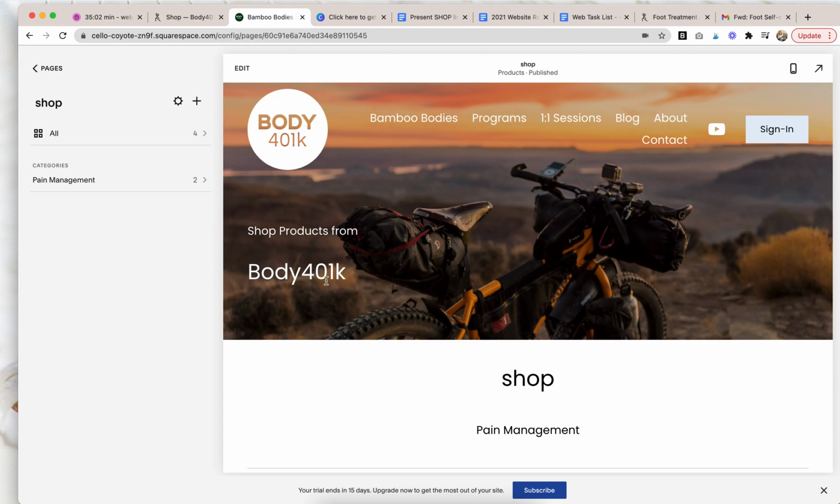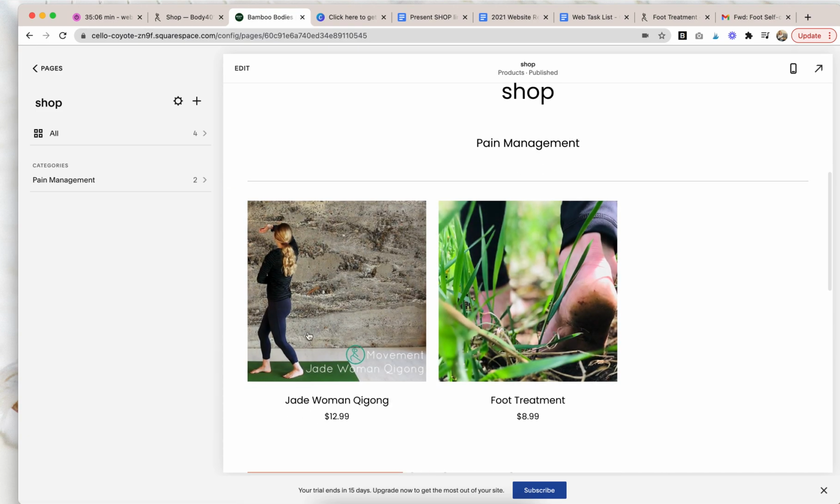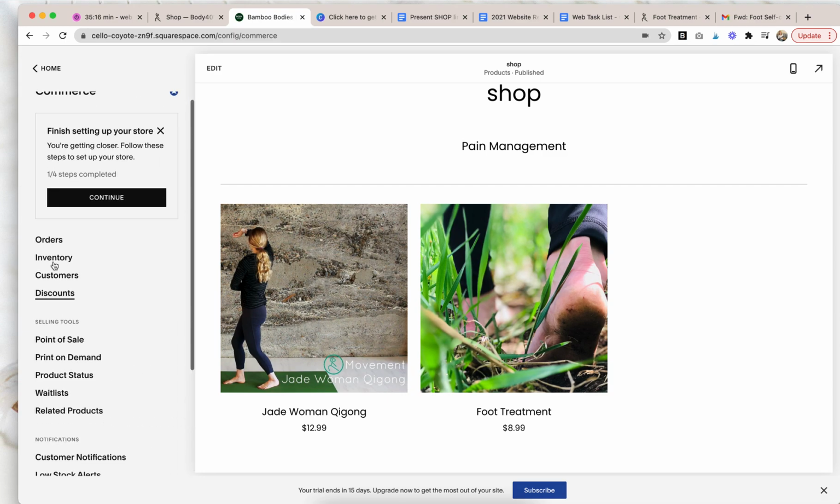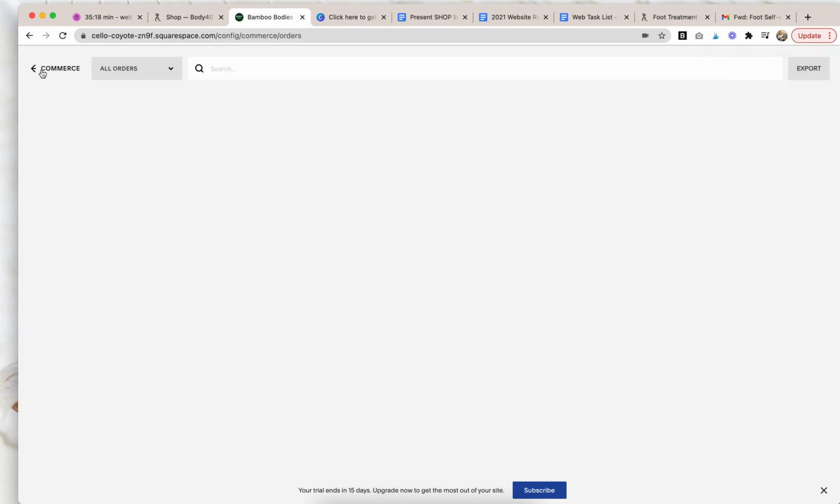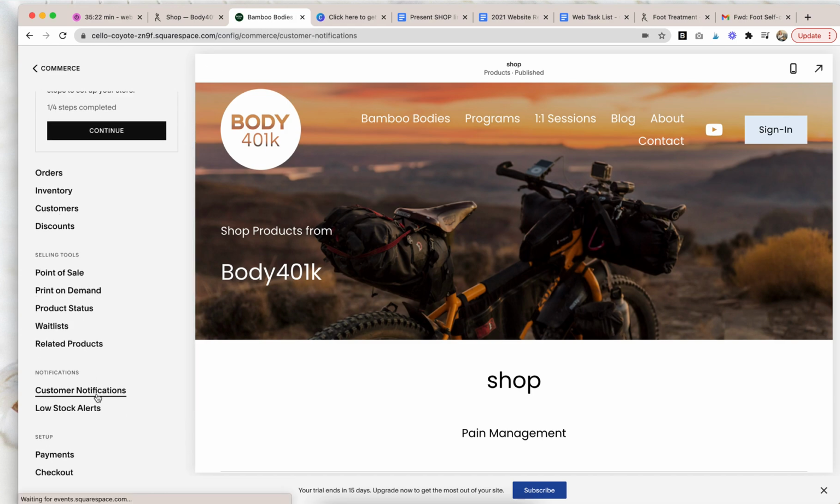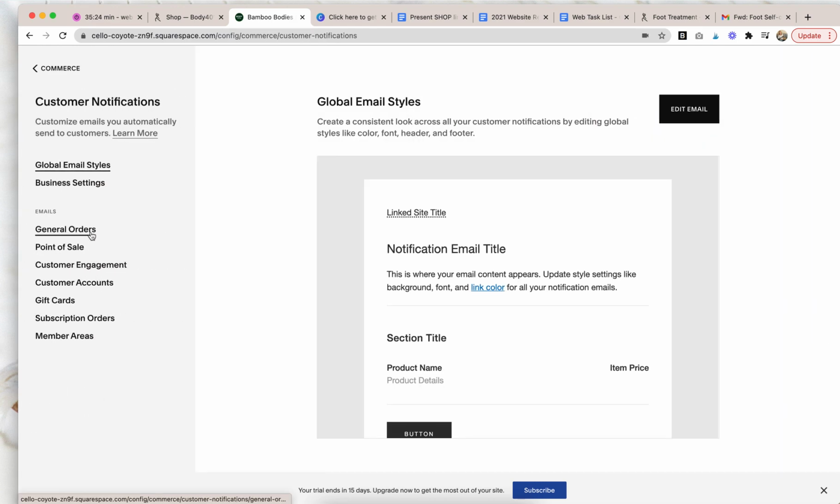And so when they purchase, they will get that item, the download, sent to their email. You can also, and I'll have this set up, but you can go to commerce, orders, oh, not orders, sorry. Customer notifications. This is if you want to change some global settings. I'm fine with all those. But if you go to,